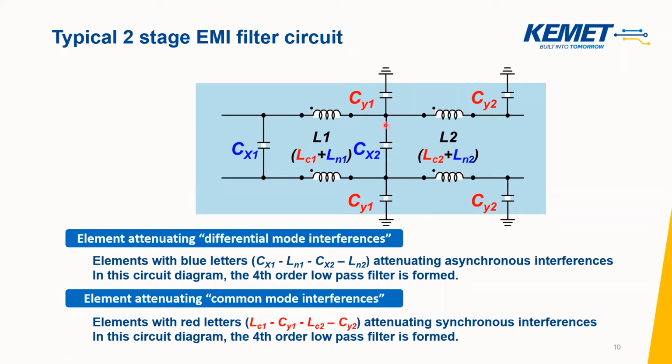So this is why the elements here in blue are representative of asynchronous noise removers, and the elements in red are responsible for the removal of synchronous noise or common mode noise. Common mode noise is called synchronous noise typically because all the lines are affected by that noise. And this is why there's a synchronicity between different lines if you happen to read their EMI interferences.